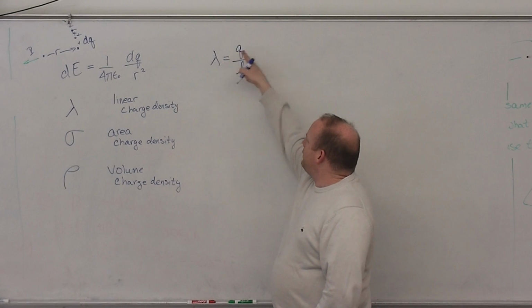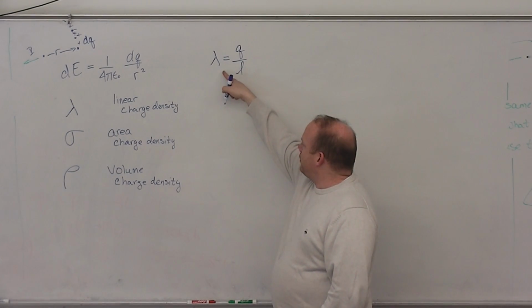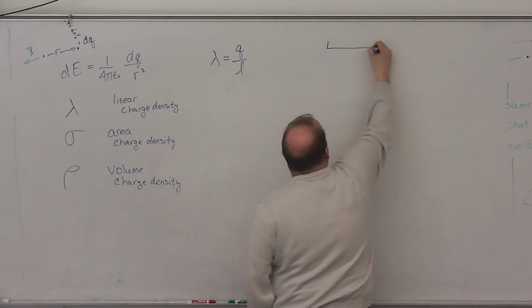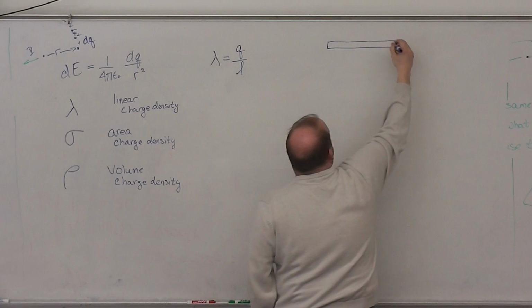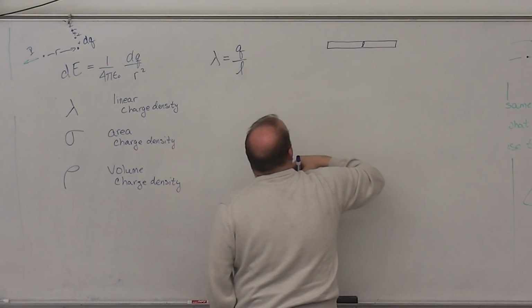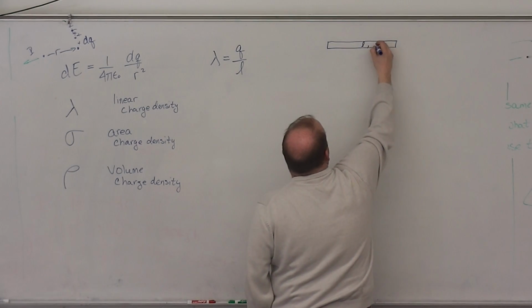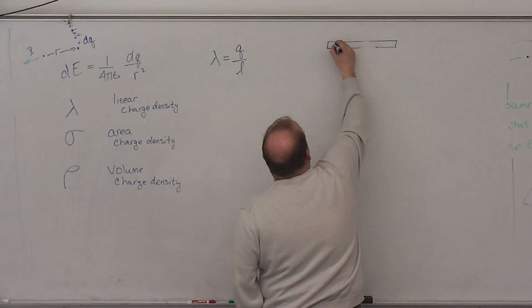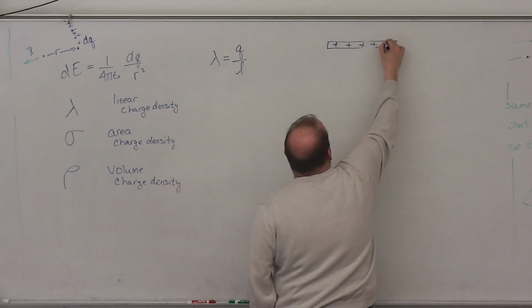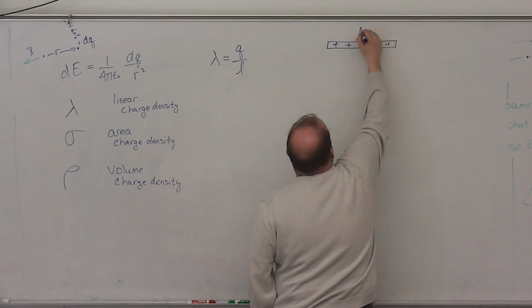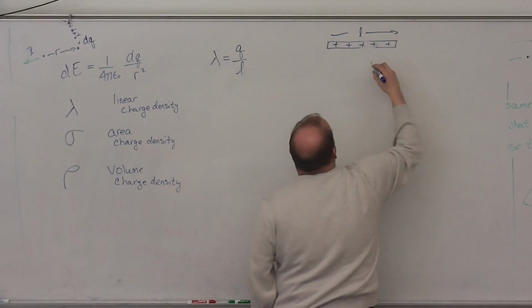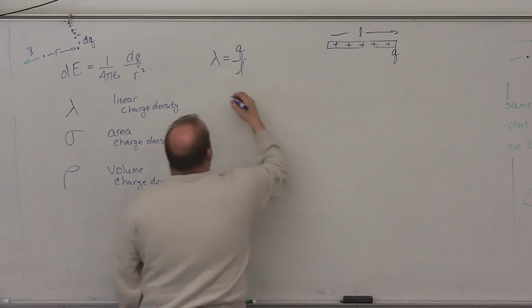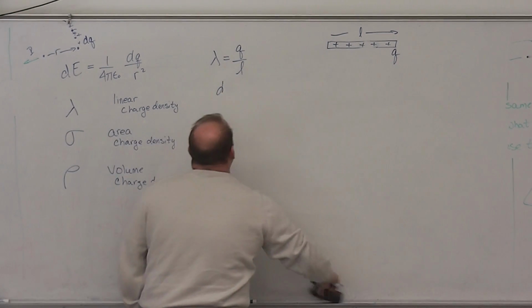Okay? Lambda is equal to, for what we're going to talk about, linear charge density, lambda will equal the charge per unit length. So if I have an object here of length L, and charge Q, let's make it a positive charge here. This will have length L, and we'll have a charge Q1. Okay. Q, therefore, is equal to